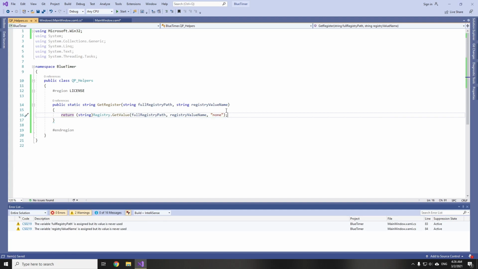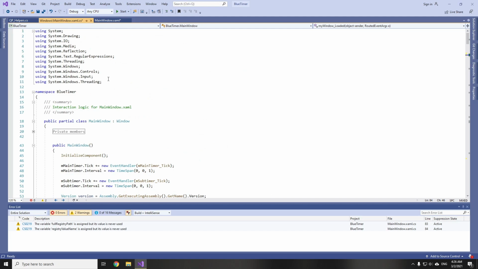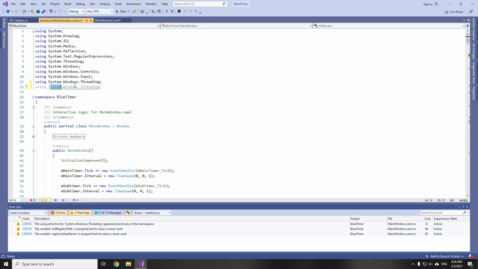Okay, so now let's get back to the code of our main window, and here I will create a shortcut to this class. It's going to be called QP, and it will be equal to QP.